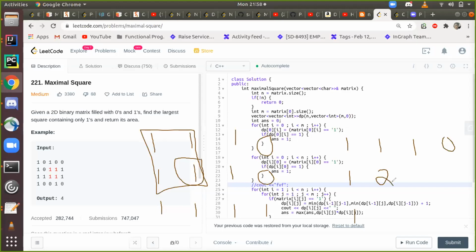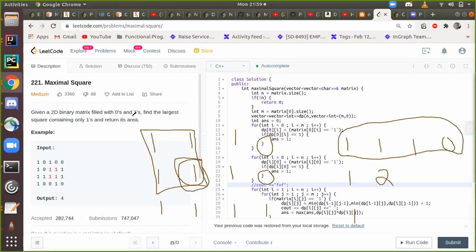So this shows that ending at this cell, with the bottom right corner as this cell, I can form a square of side 2. Yeah, the largest possible one. Can you repeat how you got to 2? Okay. Sorry. Are you clear with the base case, this part? If you can repeat one more time, I actually didn't get why you drew 3 ones on the left side and 3 ones.